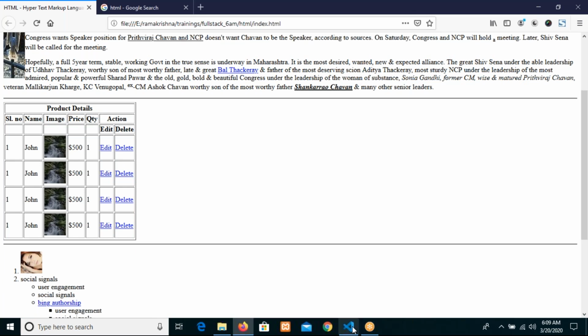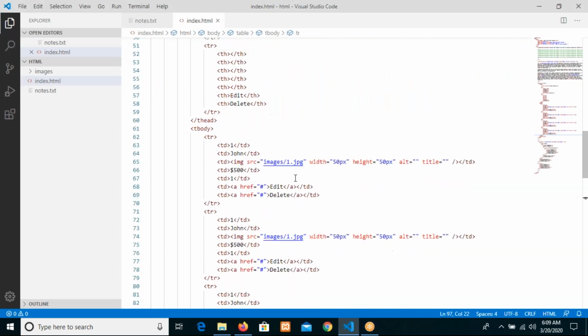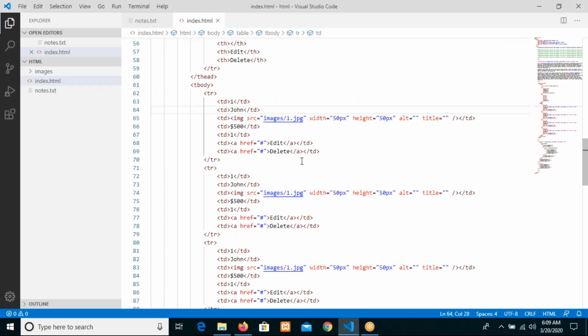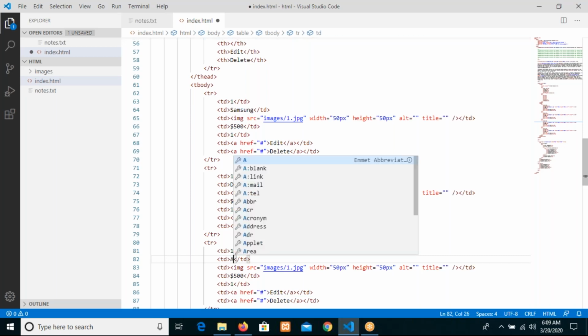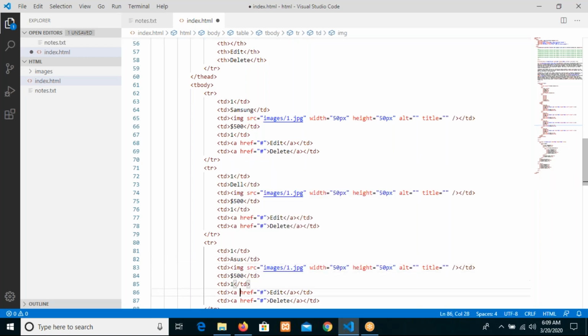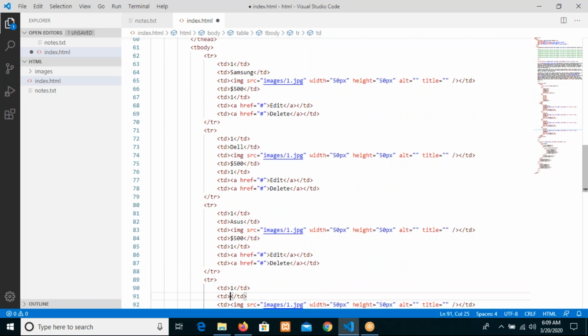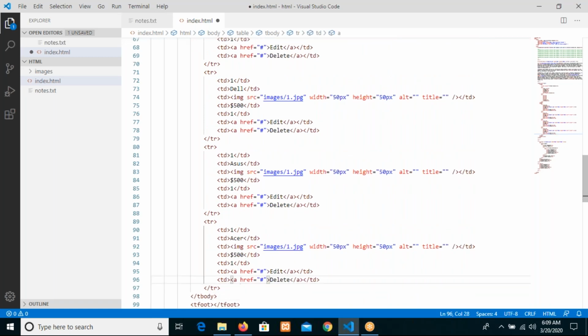You can just make it something: Samsung, Dell, Asus, Acer. Okay. So now,